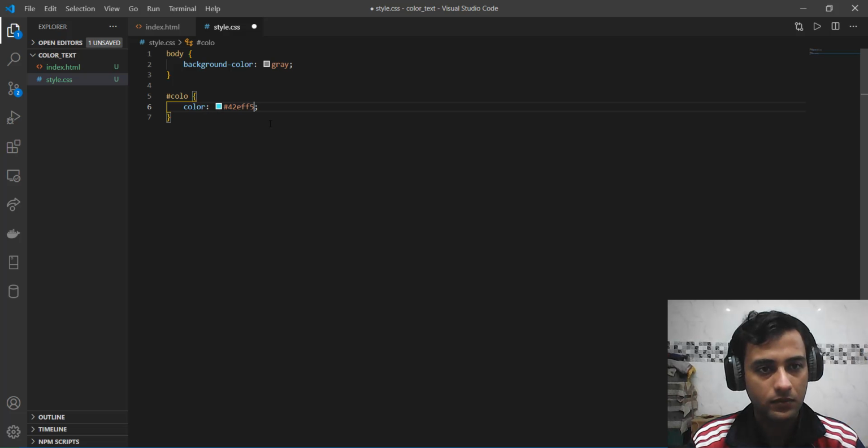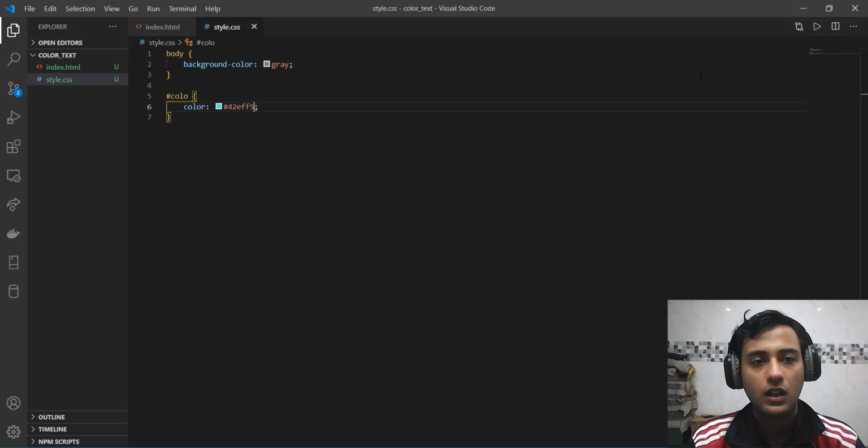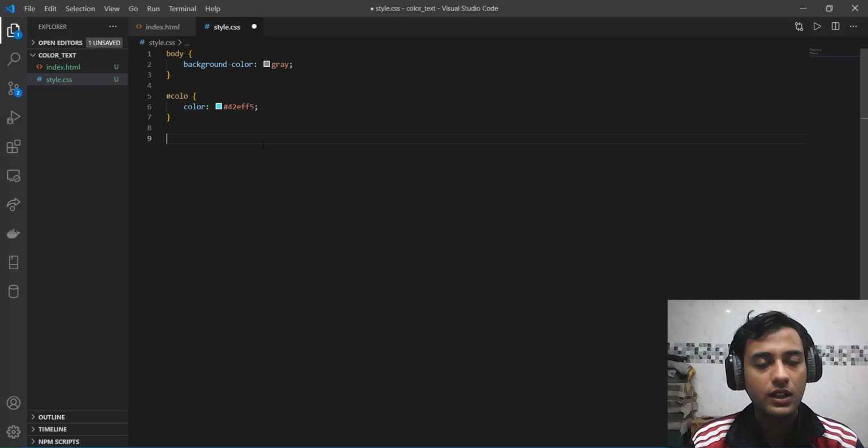Okay, just save this and save our output again. Okay, this will be changed, our color will be changed. Okay, fine, great thing. Now another way of targeting the color is by an RGB value,